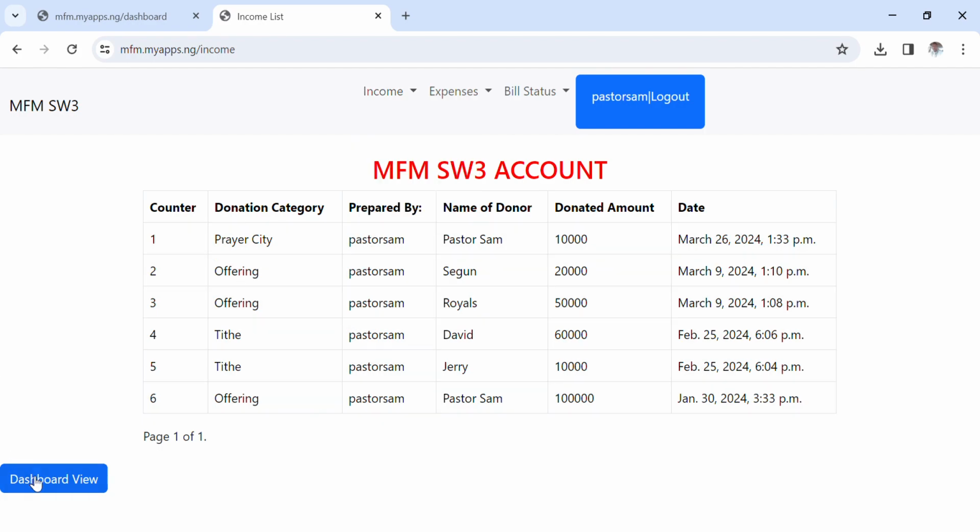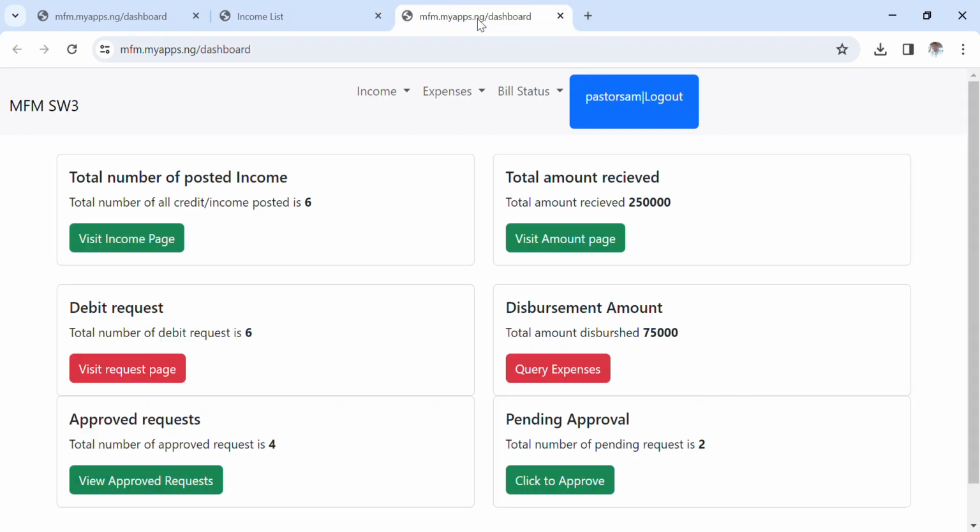Before we proceed, can we just check the dashboard and see if this is showing that we have 6 posts now? If we check the dashboard, you can see total number of credits is 6. This is showing the 6 that we posted. All right, showing everything is correct. Okay, now